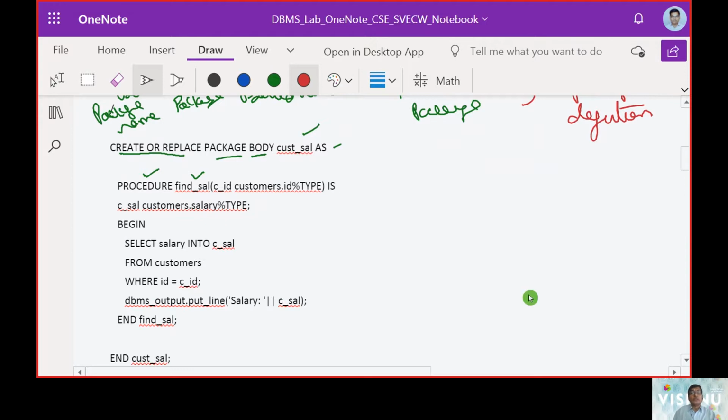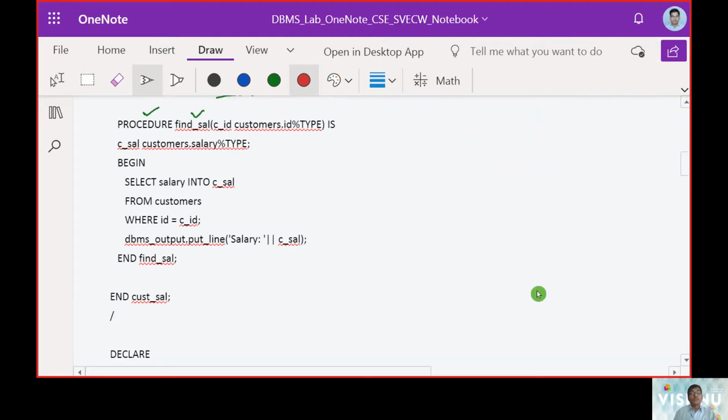Now the aim was to check the package with the salary of the employee. For that, we make a select command and take the user defined variable called salary into CSAL. So now you can see data is moved from left to right, and we use the from clause and where clause. Thereby we are going to display this.